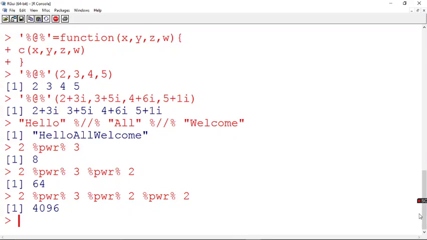So try creating many kinds of operators like this. You can even try to create a list using some infix operator, and you can also go with other complex operations you want to perform. With a single operator you can try it out. So try out with many options. This is how you can create your own user defined infix operators.